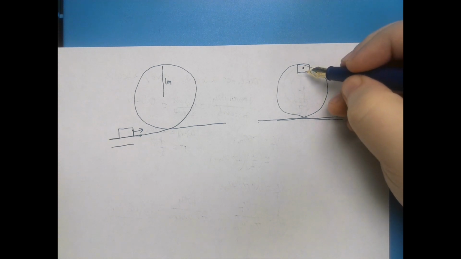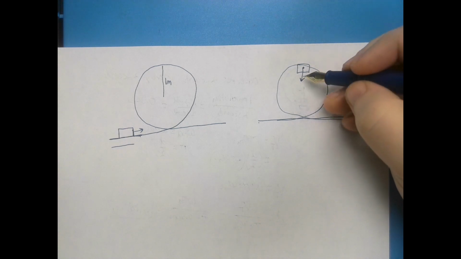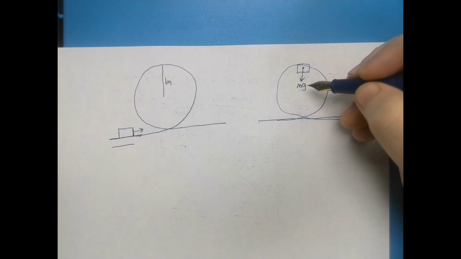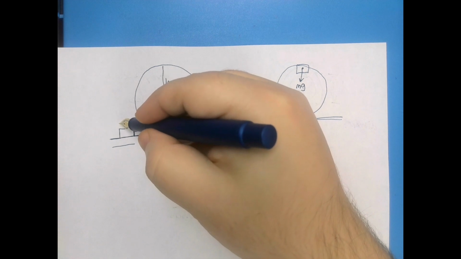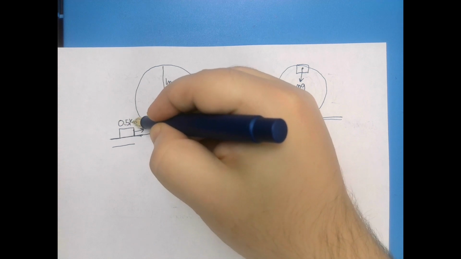It's going to experience two forces. It's going to experience a gravitational force that would be equal to the mass times the acceleration of gravity. And let's make this a 0.5 kilogram